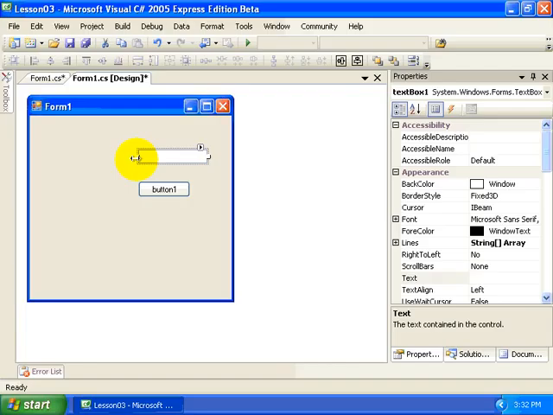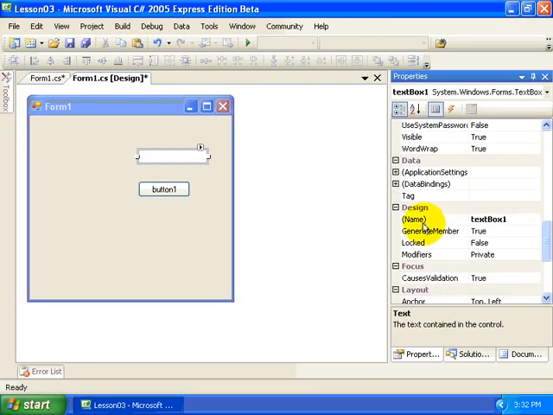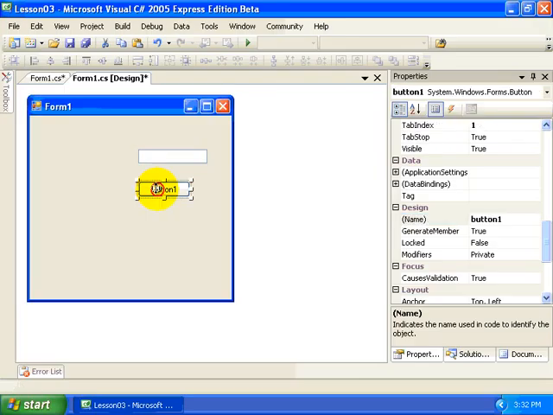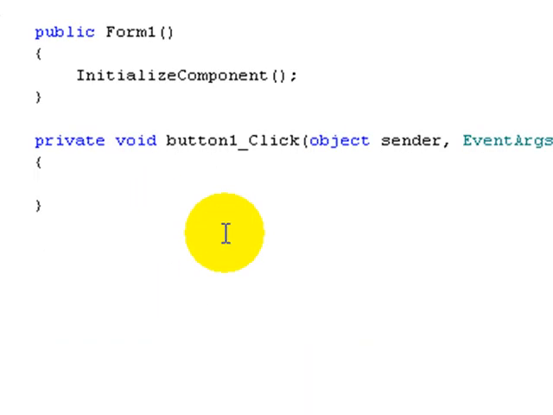Same thing with the text box. textBox1, and if we were to add another text box, it would be textBox2. And it's up to us to rename these controls by using the Name property within the Properties window right here. But we're going to leave the default name for now and work with textBox1. So I'm going to double click, go to my event handler, and here I'm going to reference textBox1,